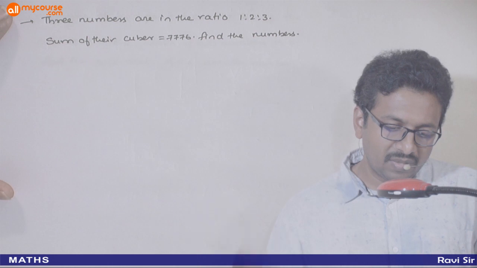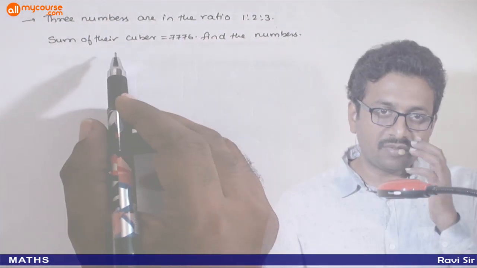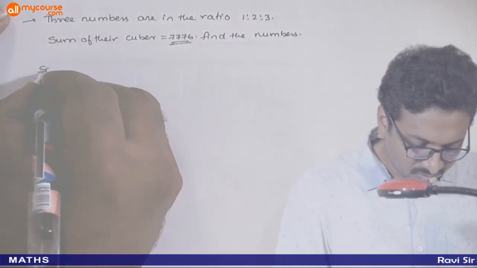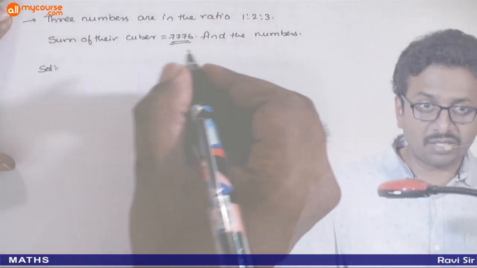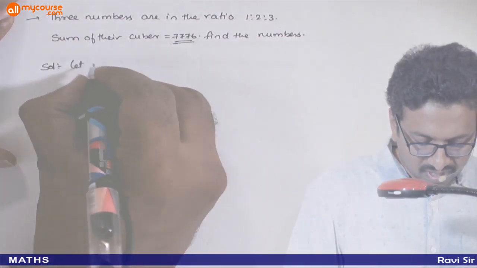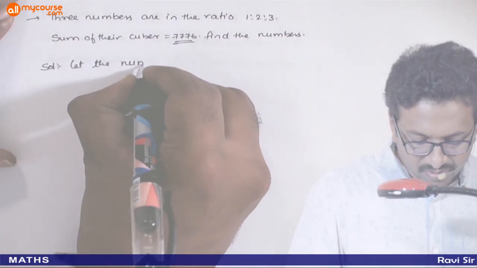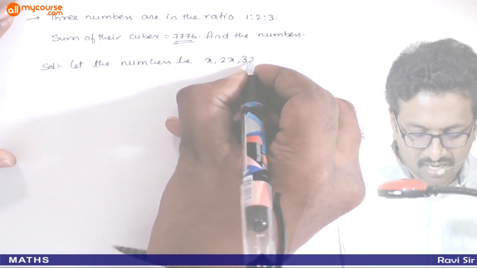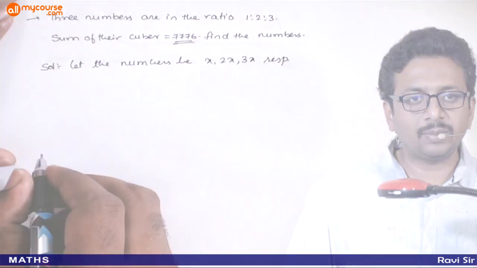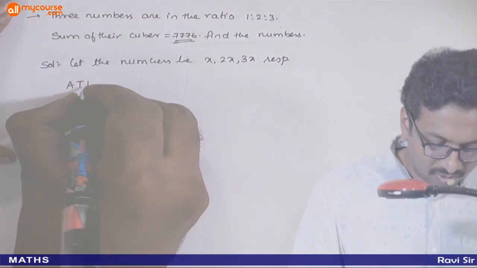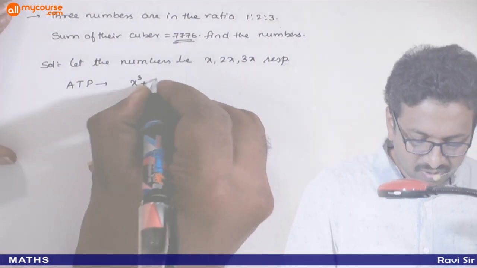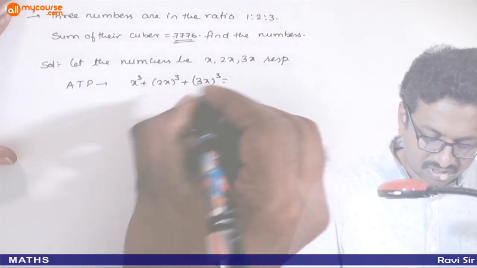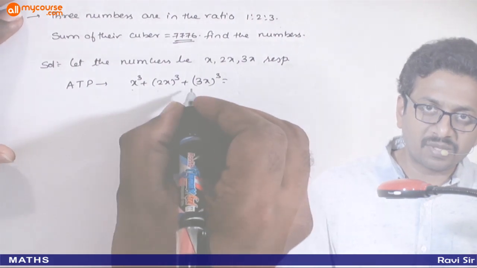Next, three numbers are in the ratio 1:2:3. Sum of their cubes is 7776. Find the numbers. So ratio 1:2:3 है. So can I say that let the numbers be x, 2x and 3x respectively. So according to the problem, x cube plus 2x का whole cube plus 3x का whole cube, sum of their cubes, ये तीनों का cubes करके sum किया तो